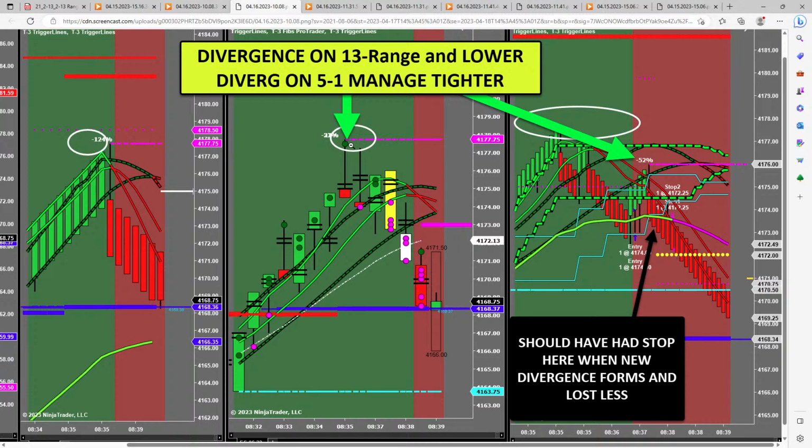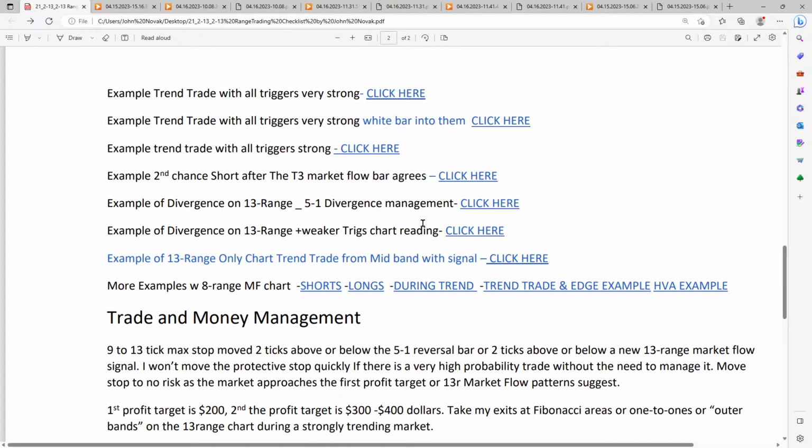Usually when there's divergence and stranded buyers and down signals, the second divergence usually keeps going down. So my note to myself was I should have had my stop where a new divergence was. So maybe I lost an extra point, which is not really a big deal. But again, when you see weak triggers and divergence and sell signals, this next divergence traditionally is going to go a lot lower. Anyway, all right. I hope I didn't lose anybody